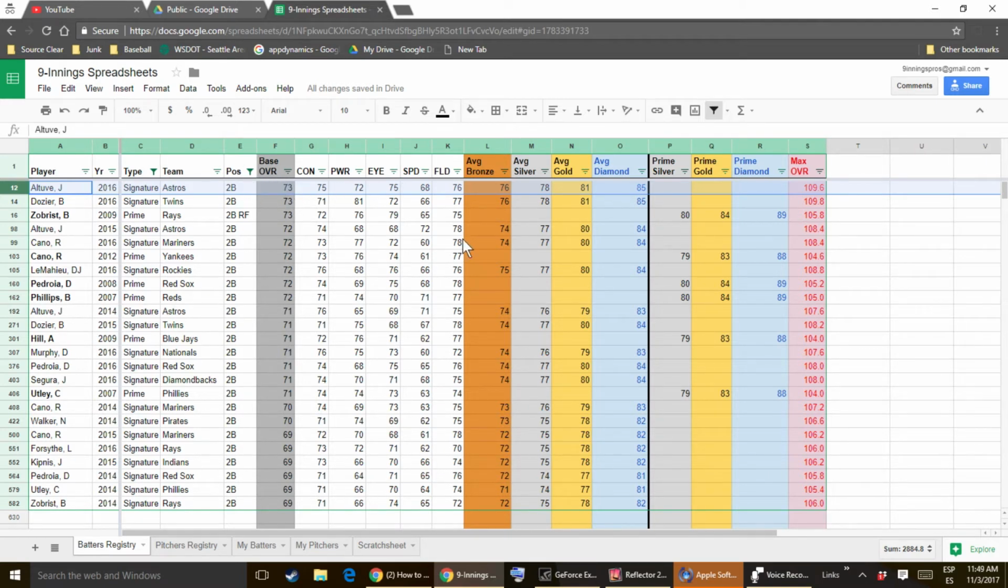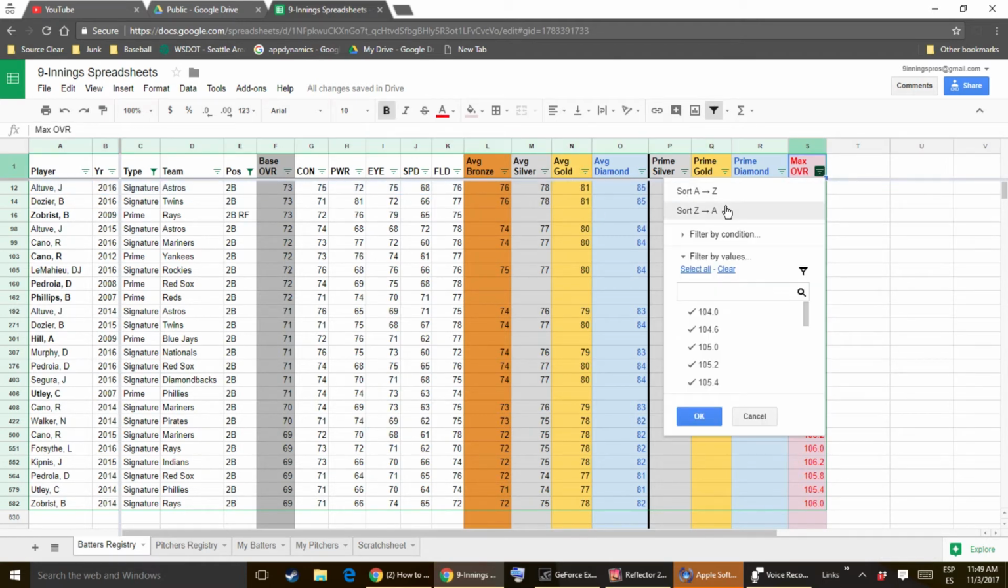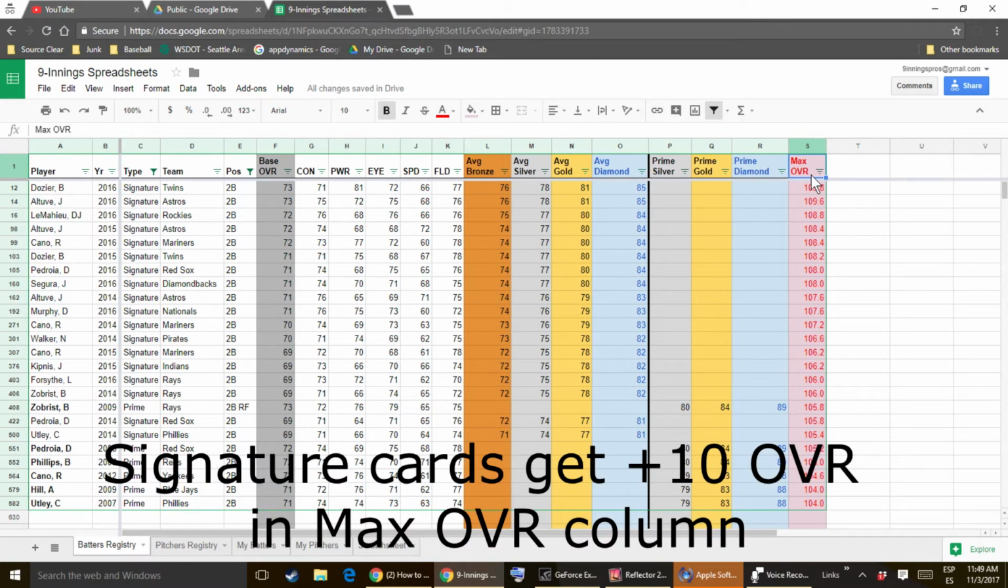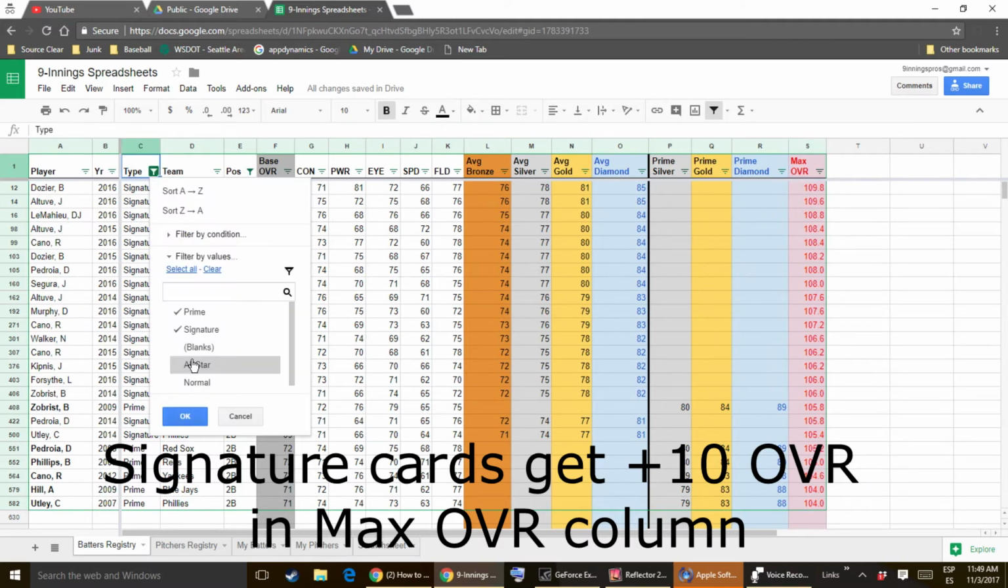and if I want to actually sort by what they're going to look like when they're fully raised and leveled, this is going to largely correspond to the same as the base OVR ordering, but this is what it's going to look like. And notice all the signatures bubble up to the top, and if we add back in normals and all-stars,